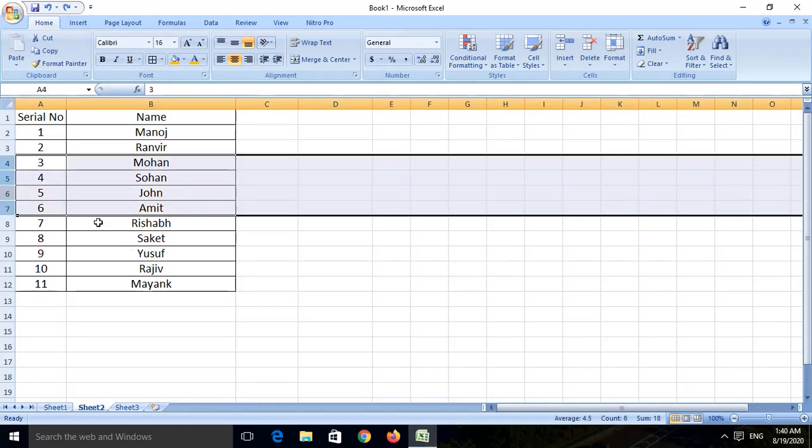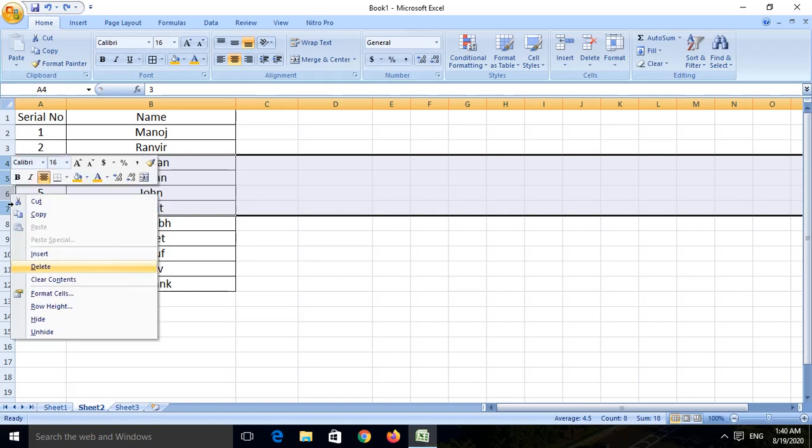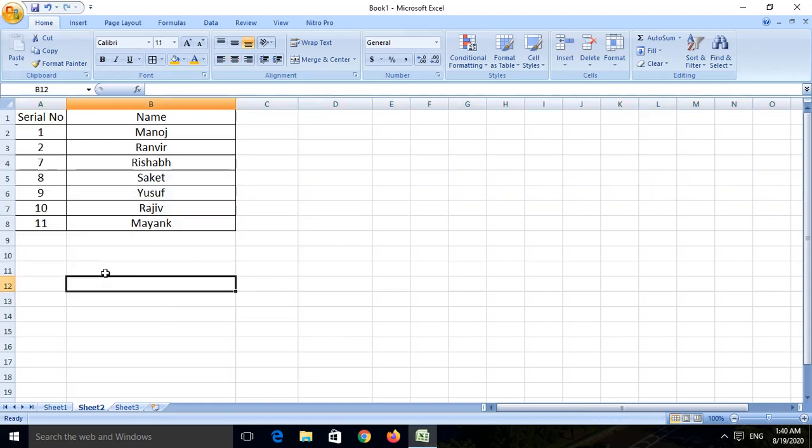Select all these, then on the row header, to the left hand side, the numbers given from the top, on any of the row headers just right click. When the menu comes, click on delete and you see all those rows which I had selected are deleted.